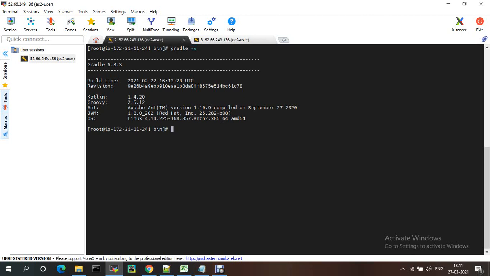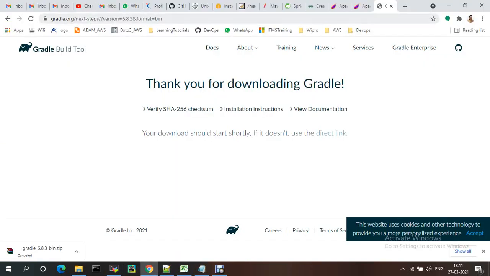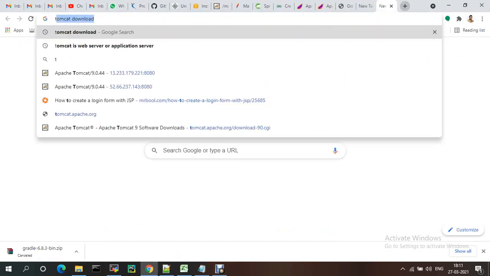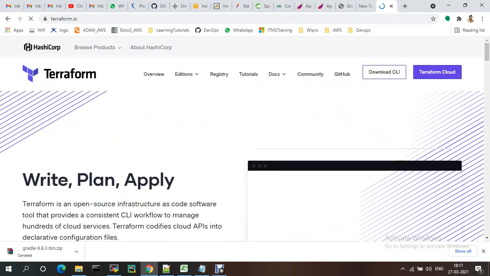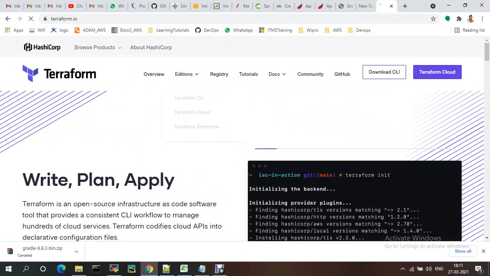I'll show you one more installation, Terraform installation on this machine only. Let me open terraform.io. This is the official website.